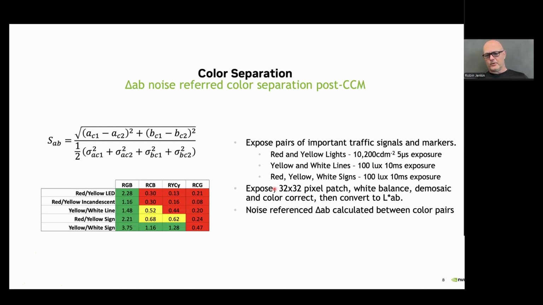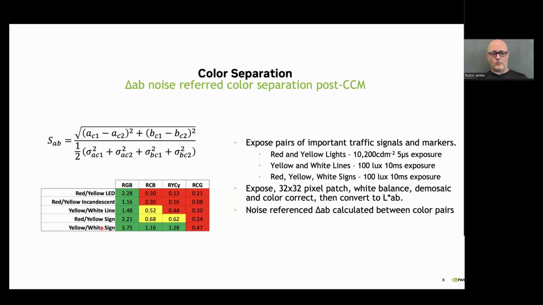So we expose, using this simulation, a 32 by 32 pixel patch. We white balance it, demosaic, color correct, and then convert to LAB. And then we can calculate this noise referred distance between two of the spectra that we want to look at the difference between. So like the red and the yellow LED for the traffic lights, for example, or the red and the yellow for the incandescent traffic lights, yellow and white lines, red and yellow signs, either mandatory or warnings, and then our